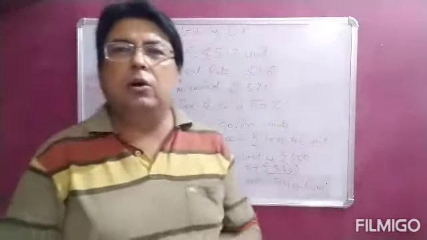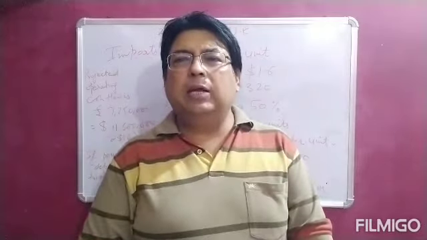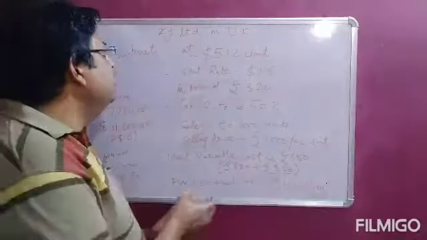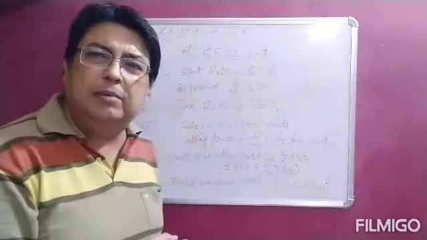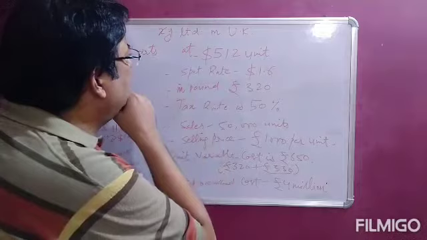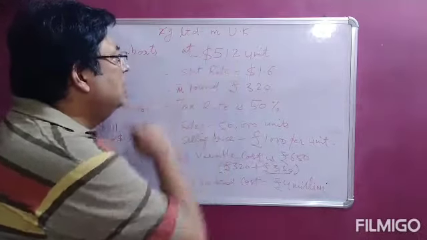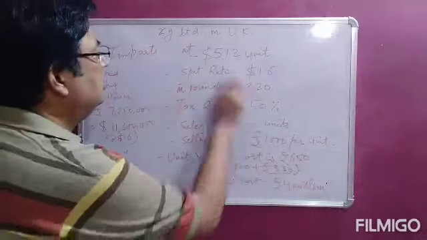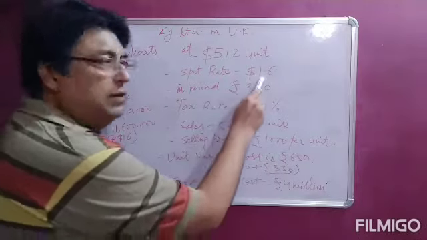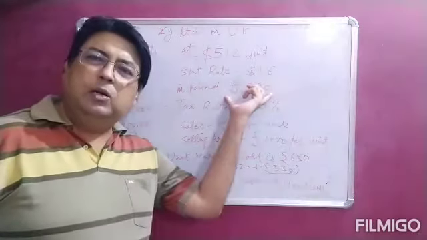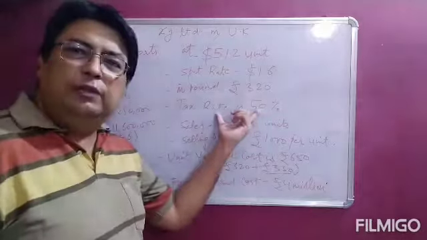So let us see, I have written something on this whiteboard for the calculation of operating cash flow as a base case, when we are assuming that the spot exchange rate is $1.6. Initially this firm, XY Limited, is operating in the UK, and the cost of the imported component in dollar terms is $512 per unit, which I have already written here, and the spot rate is $1.6. Then in pound terms, the rate of the imported item will be 320 pounds. Then the tax rate we have assumed is 50%.